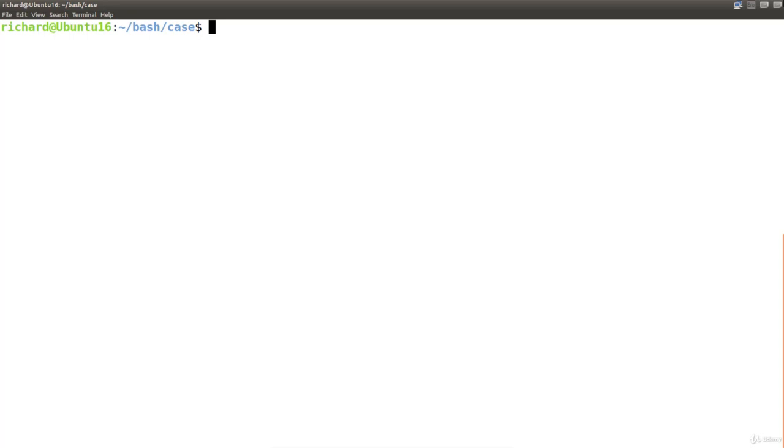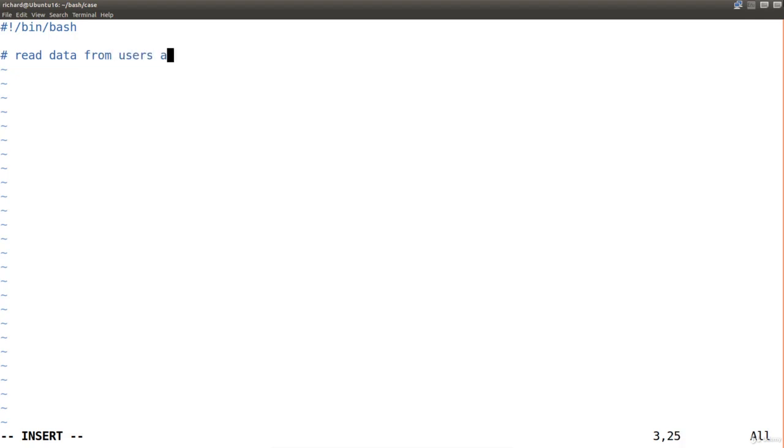In this lecture, we will create a script which will give users the possibility to recheck their inputs. So create a script called input.sh, start with the shebang, and on the next line write a comment: Read data from users and make them